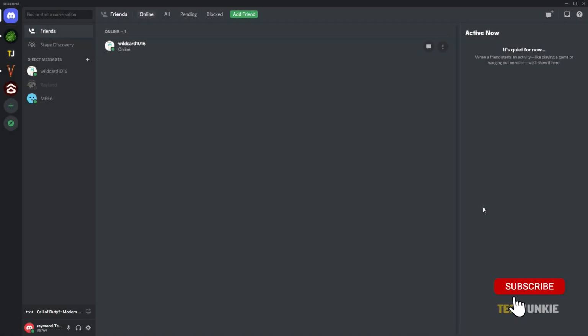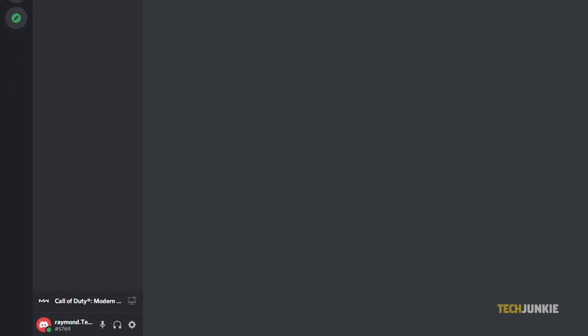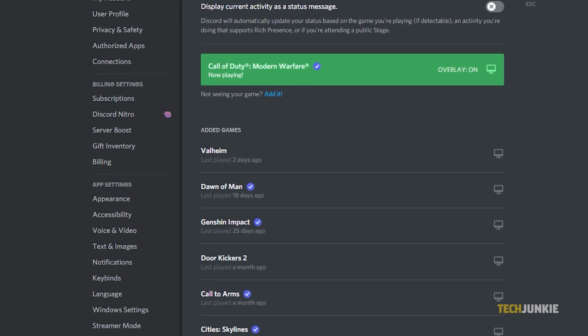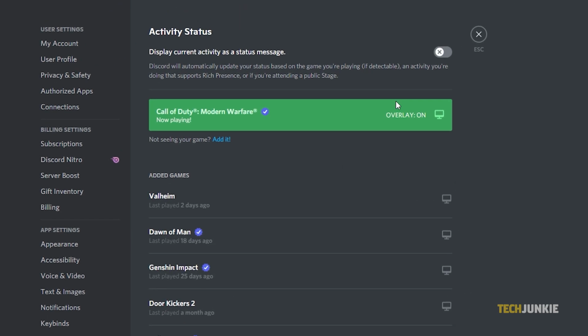To enable this feature, launch your Discord application from your computer or laptop. Next, tap the gear icon from the bottom, then select Activity Status from the menu on the left. Make sure that the option to display currently running game as a status message is toggled on. Once you're done, Discord will automatically detect any game that you're playing, and your friends will be able to see